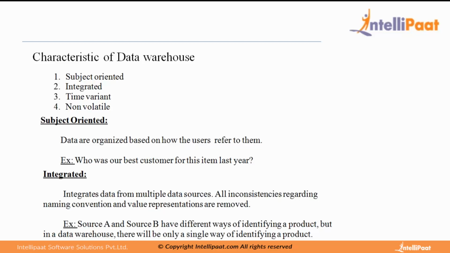For example, in an organization, multiple sources can be used, right? Some department might be using a flat file to store some data. Some other department might be using SAP. Some department might be using Oracle database. Some other department might be using MS SQL Server database. So each different department might be using a different type of source or system, right? So when you are receiving the data to load into the data warehouse, it is coming from multiple types of sources. Some from flat files, some from other applications.